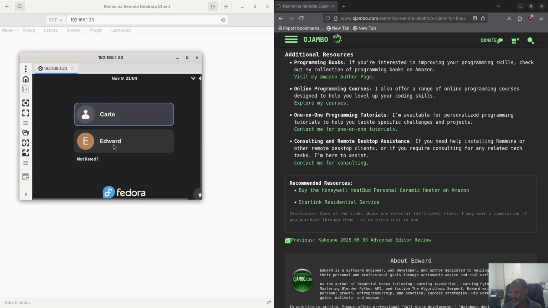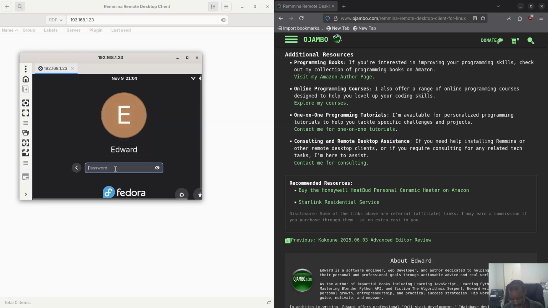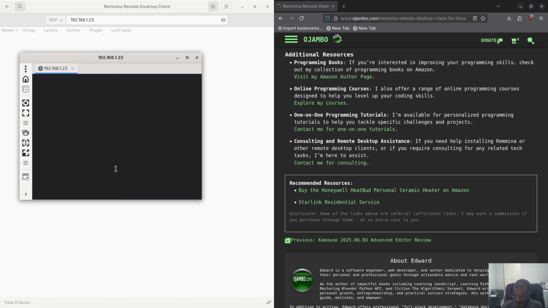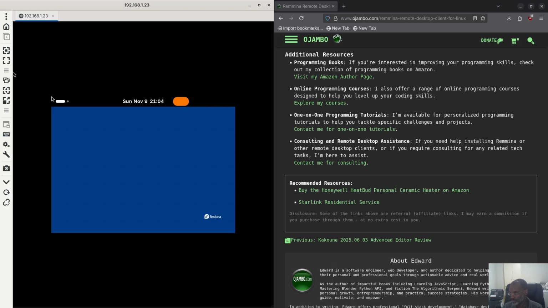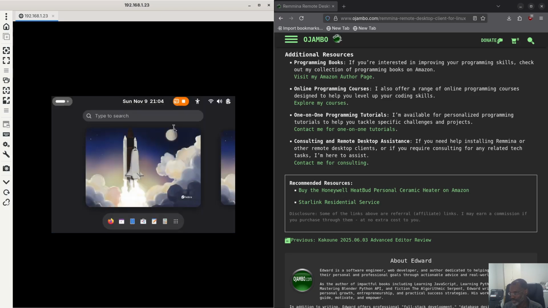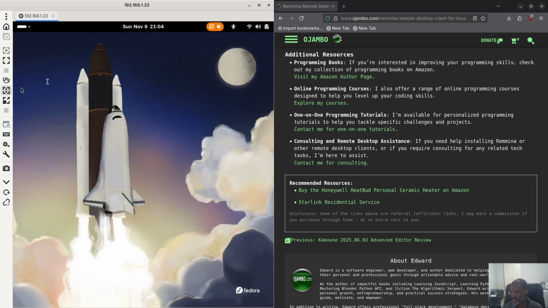There we go. It goes to the login screen, and then you log in as your regular user. All right, so we should have Fedora 43. Yeah, it looks like it's on. And if you remember that trick, one of these ones here, is it this one? Dynamic resolution, is that the one? Dynamic or scaled? I think it was dynamic. Yeah, dynamic. So this is Fedora 43. I love this dynamic because